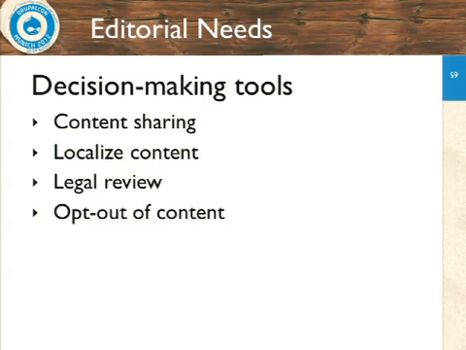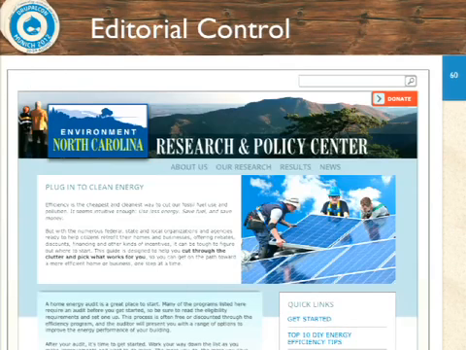They also have this ability to opt out of content. So if a piece of content is syndicated to all the affiliates in the nation, the folks in Pennsylvania can go, yeah, that's great, but this solar article talks about banning coal production, and Pennsylvania is the leading coal-producing state in the United States, so you don't really talk about that seriously in Pennsylvania. So they might want to opt out of that. Right? So we built some tools to let them do it.